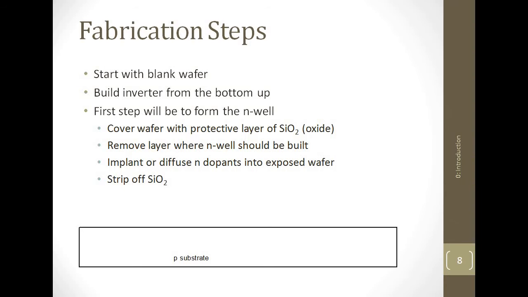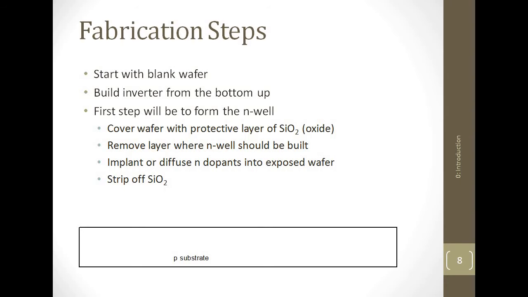So the fabrication steps start with a blank wafer. So the blank wafer here is taken. We need to build an inverter. The basic CMOS, I mean to say the complementary metal oxide semiconductor, which is made up of one single P channel MOSFET and one single N channel MOSFET, will work as an inverter. So when it is working as an inverter, then that is built as an inverter. As I am speaking to you about the CMOS, CMOS basically acts as an inverter. So we are now trying to build the inverter from the bottom up.